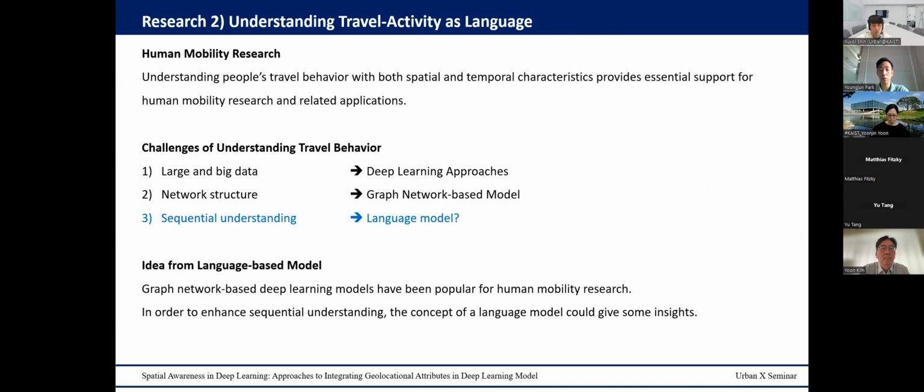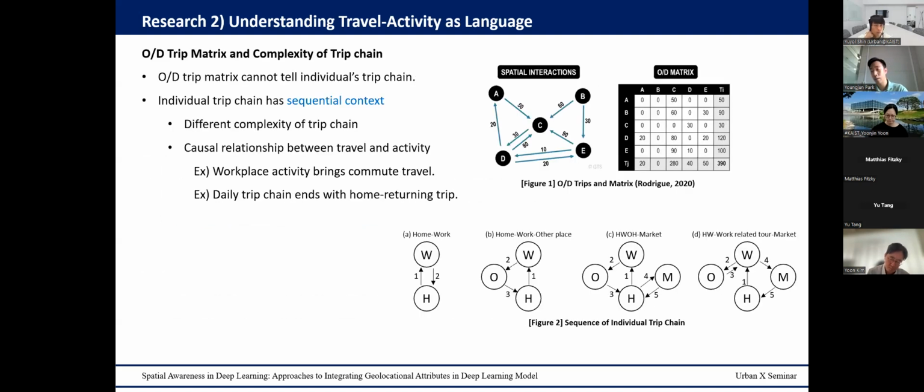We focused on some challenges, but we focused on the third one: sequential understanding could be very important in understanding travel behavior. And language model techniques might be helpful for this sequential understanding. We often encounter the limitations of traditional OD metrics, which are popular in this field. They just aggregate the amount of trips between two different zones, so they fail to capture the sequential context of individual trip chains, which is more related to the urban environment. So we need to study the individual trip chain,